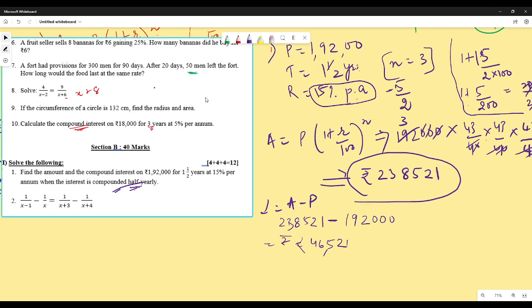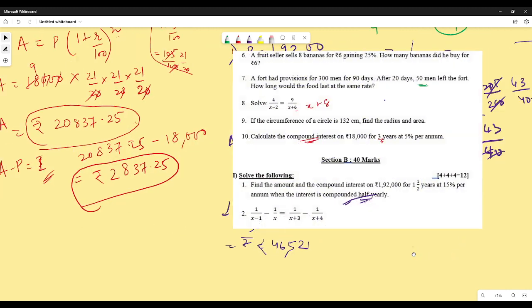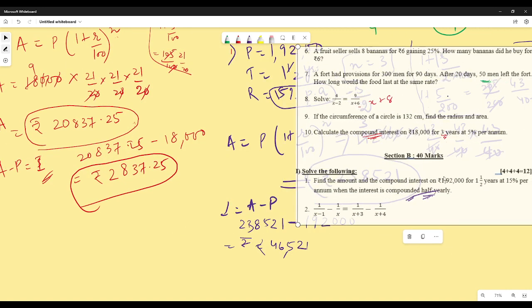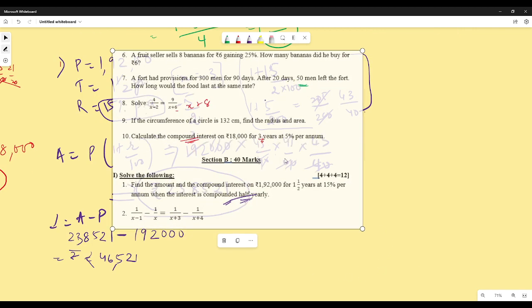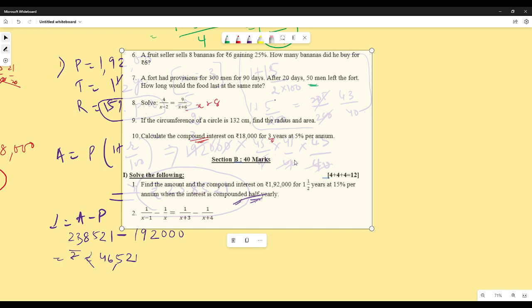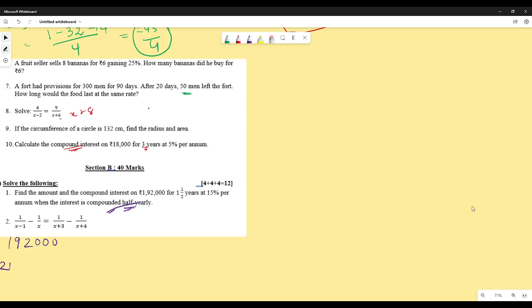Okay, now let us move on to the next question. Let us keep moving. Let us shift to this part. This question. Find the amount and the, sorry, this one we have already done, and the next question, second one, it is